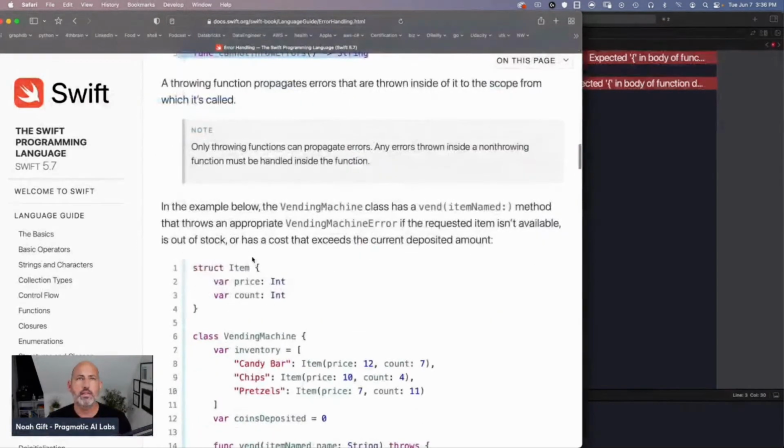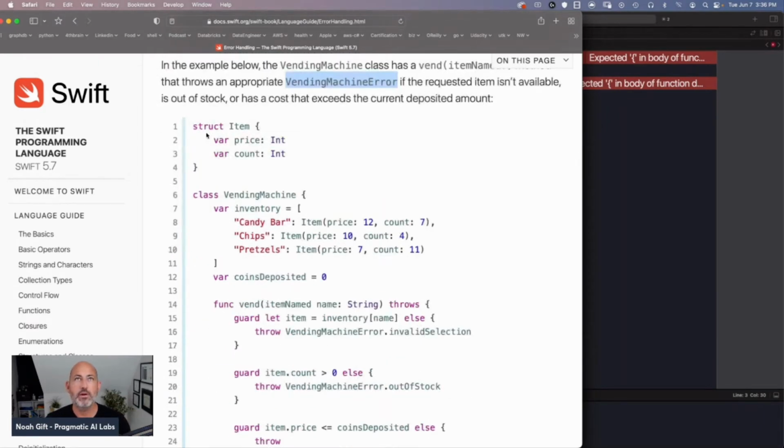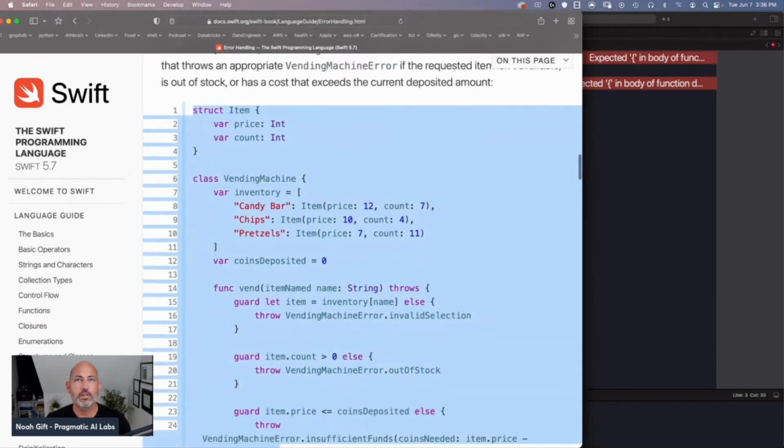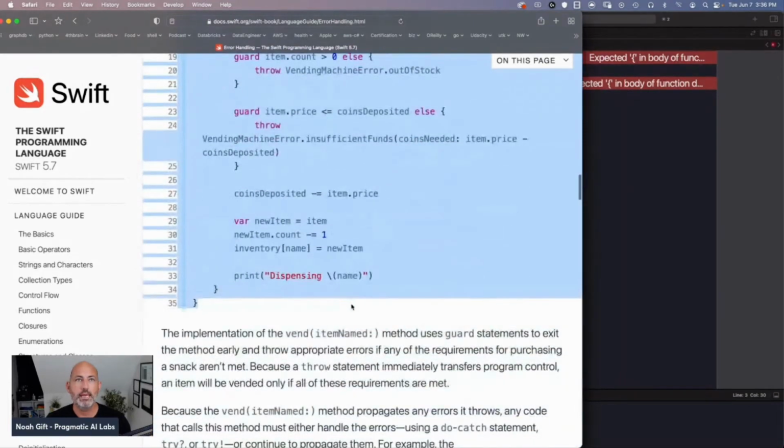In this example, the vending machine class has a vend item method that throws the appropriate vending machine error if the requested item isn't available, is out of stock, or has a cost that exceeds the current deposited amount. So this looks like a pretty good example to paste in and see if we can get it